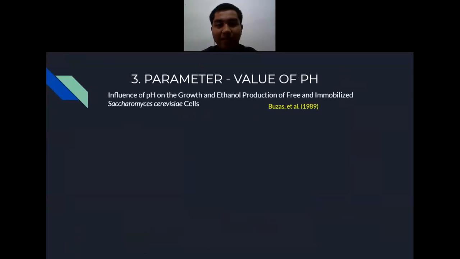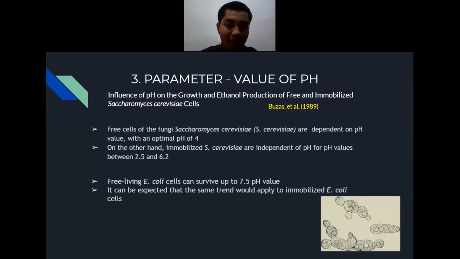For the pH value, I've studied an article by Buzas et al., and the title of his research is Influence of pH on the Growth and Internal Production of Free and Mobilized Saccharomyces cerevisiae cells, or Baker C cells. The free cells of the S. cerevisiae are dependent on pH value with the optimal pH value of 4. However, when it is encapsulated, it can be seen that it is independent of pH value for pH values between